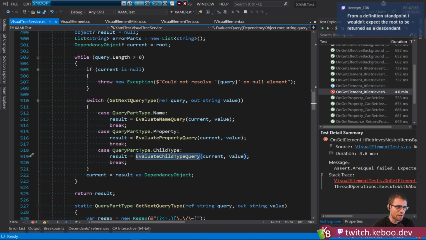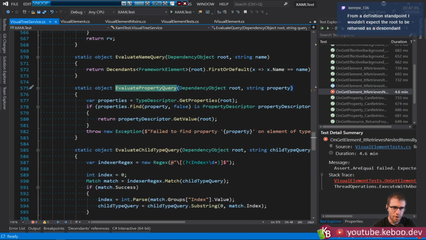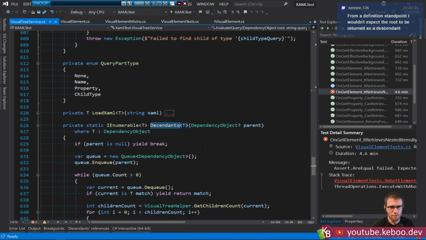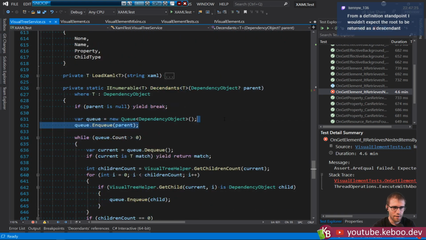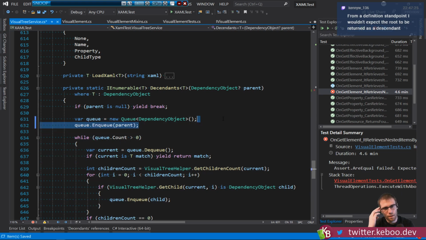From a definition standpoint, I wouldn't expect the root element to be returned as a descendant. I agree, and I kind of want to look and see what this is doing. The thing is, property is already going to act on the root. Yeah, I think you're right. I think we just whack that enqueue. The only issue being, right, that